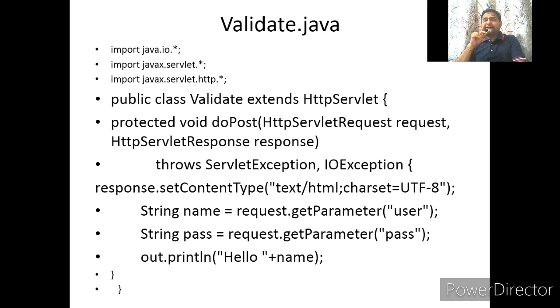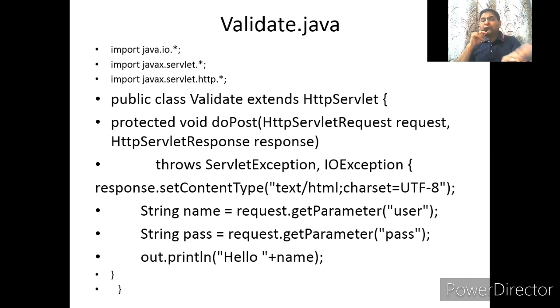See what is in the next line. The next line has one string variable, that is name, which is requesting and getting user data with the help of the getParameter method. The request object is for what? It receives any data from the user. So two text boxes were present, one was user and the second was pass, and those data will be received into two variables, name and pass, and you can print that data.